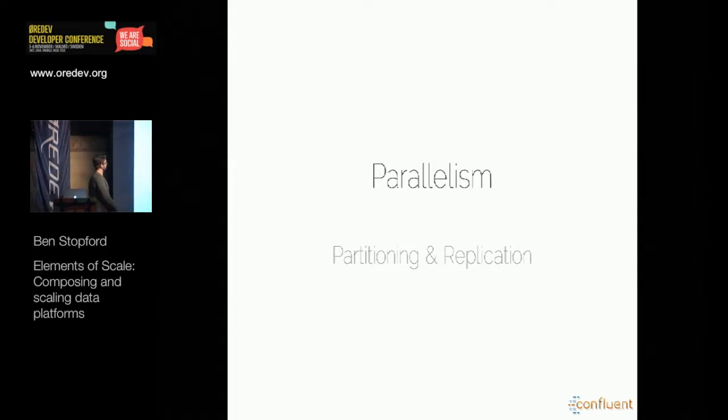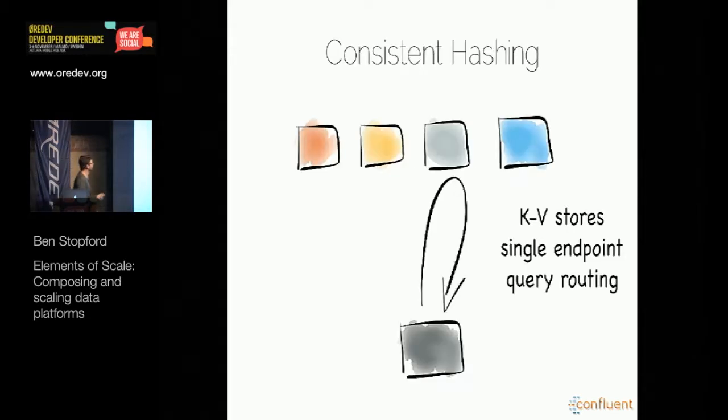Now let's think a little bit about parallelism. There are sort of two ends of the parallelism spectrum. The first one is a fairly well-known one, which is consistent hashing. And this is just the concept that sits behind key value stores: the idea of getting some data and spreading it across a set of machines, a set of shards, and this is a really beautiful pattern for data storage.